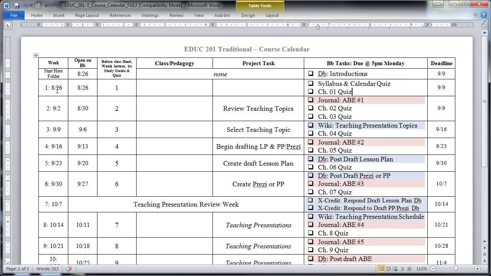I give you the date of the Monday of the week I'm talking about, and then I give you the date that the assignment opens. It always opens the Friday, except there. It opens the Friday before the week starts. It aligns with the chapter in the book. I also note here what you should be working on as far as your outside projects.